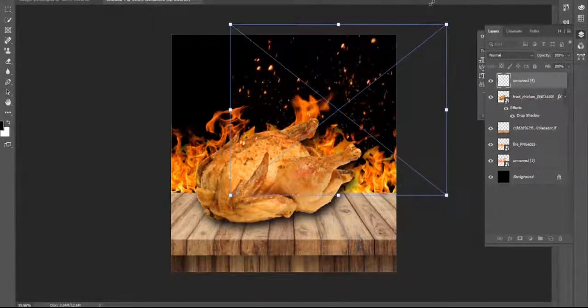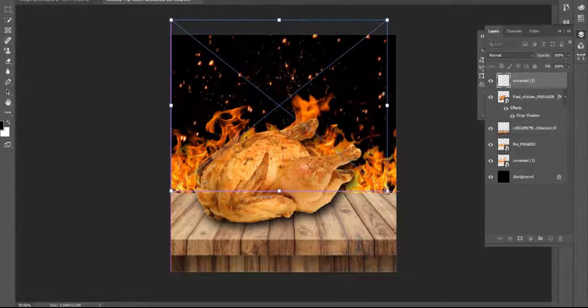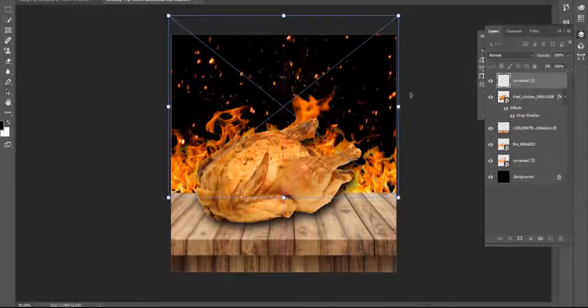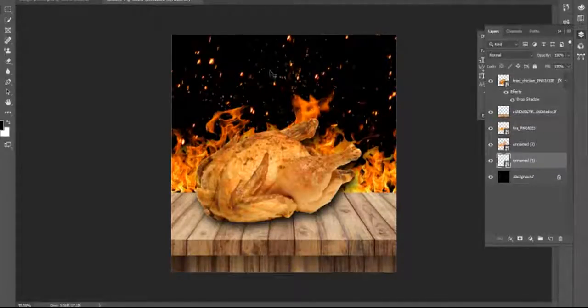I just arrange these particles here, easy, and press enter, and I drag this layer, unnamed layer 5, to the top of my background layer, so it will be at the back.